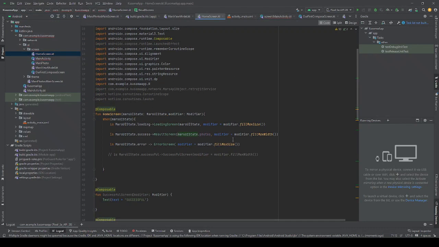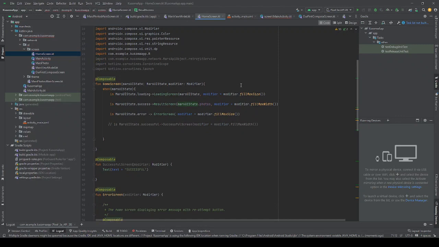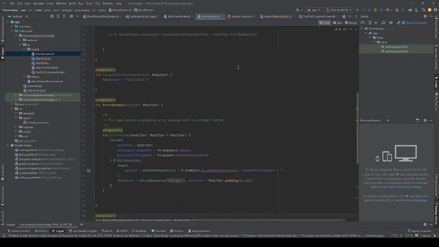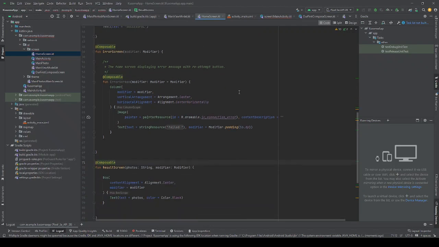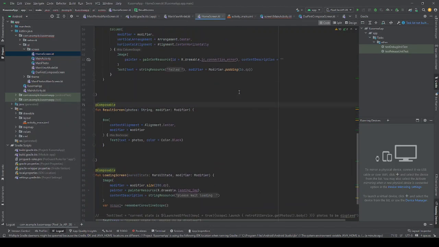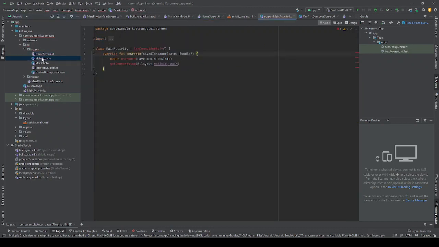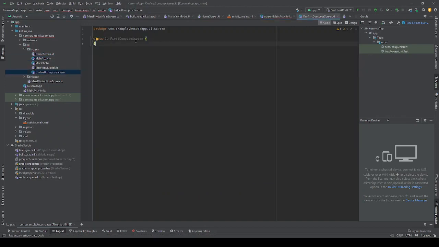So in this previous screen we see that we can define anything. Anything that we need, we can define within that class file. So if we go to our first Compose screen,